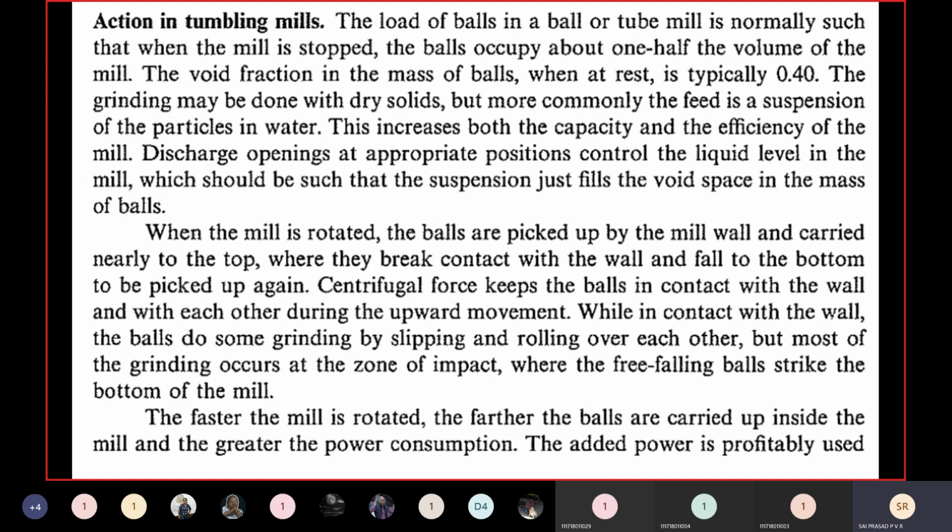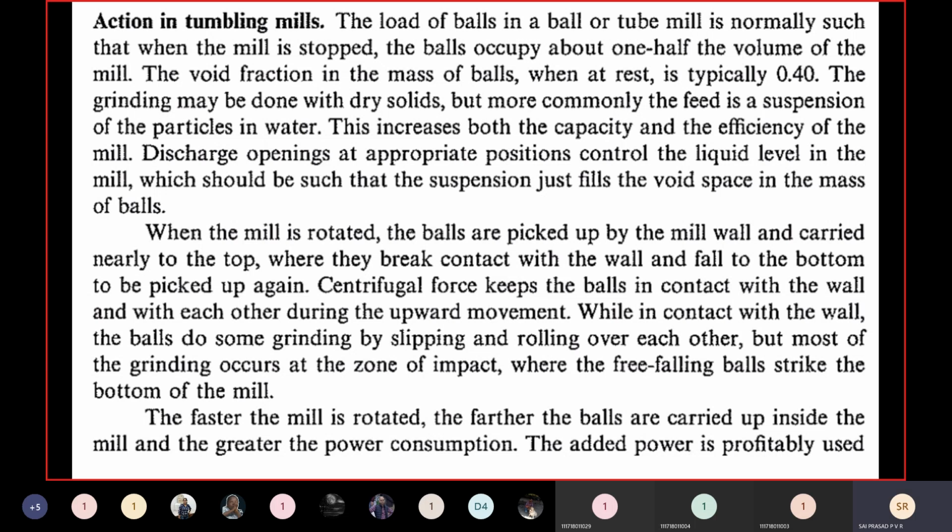That is important, because you know very well that in a ball mill, as we go from inlet to outlet, the diameters of the spherical balls are changing. When the diameters change, the void fractions will also change. So initially more water loading may be required, but as we go to the discharge, the size of the spherical balls decreases, the void fraction also decreases, and a lesser amount of water may be required. So we are supposed to control the levels of water inside the ball mill.